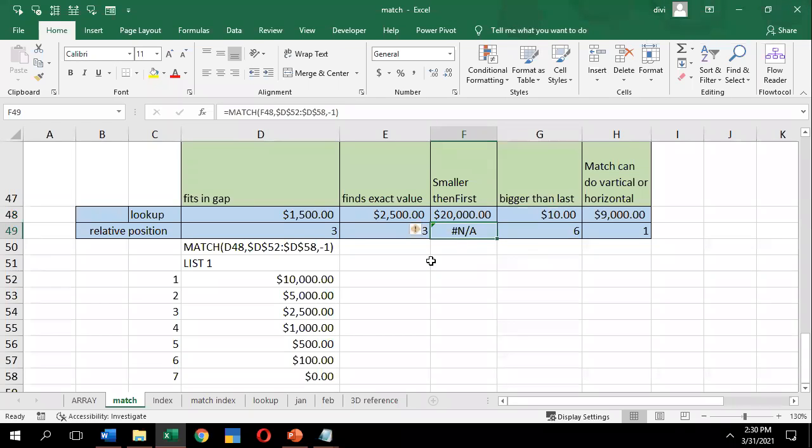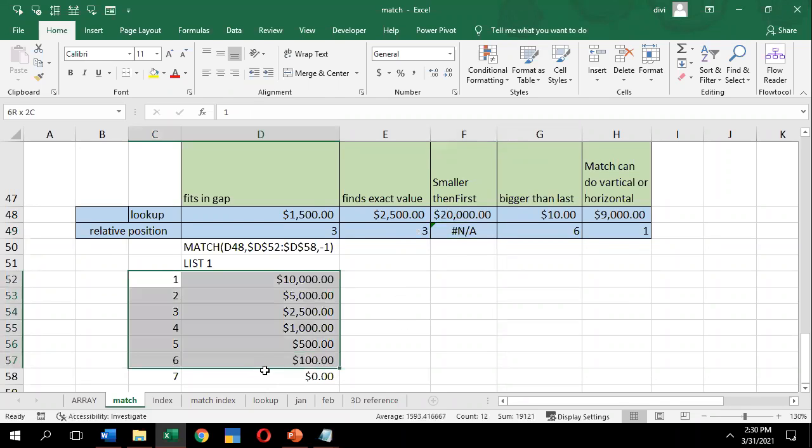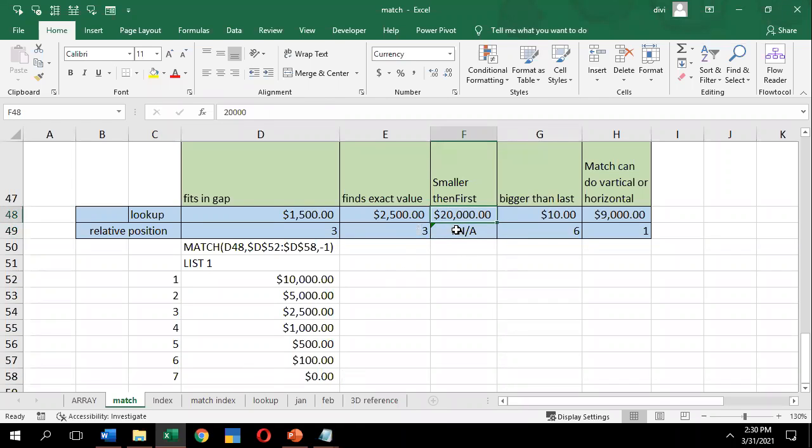Yes, exactly, Shamita. 20,000 isn't greater than 10,000. I have asked for a range from 10,000 to 0, so it is presented as NA, because the value exceeds the range we have given. If I ask for 12,000, it will also present NA.